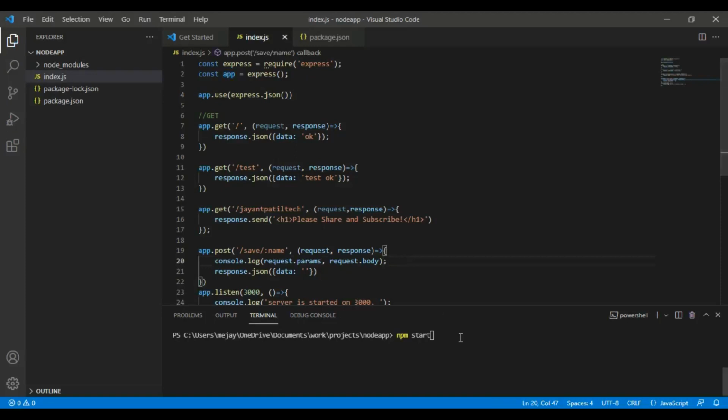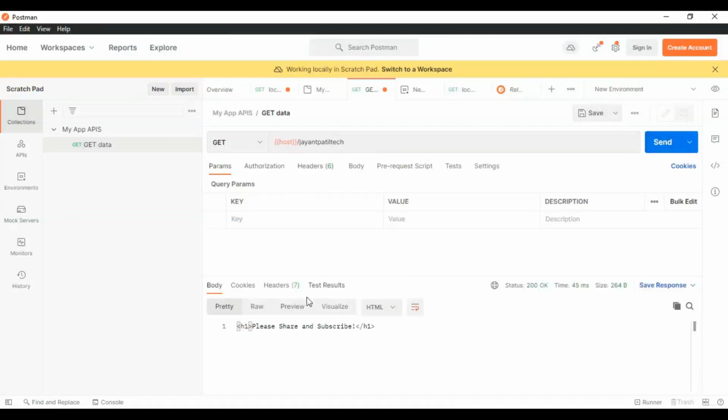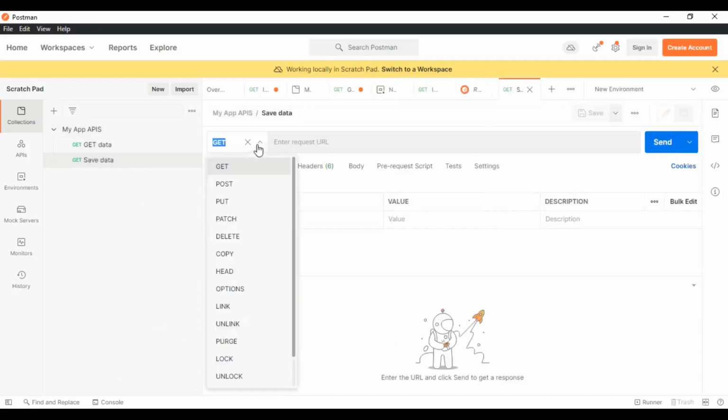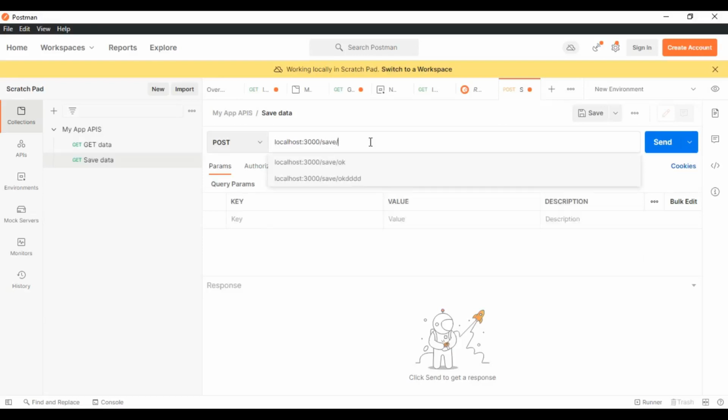It's time to run now. Let's see. Okay, it is running now. Let's go to Postman and check. First we'll see if it is running or not. Okay, it is running. Now you can see. Let's add one request here with the post method. We can call it save data, then the type will be post, and the URL will be localhost/save